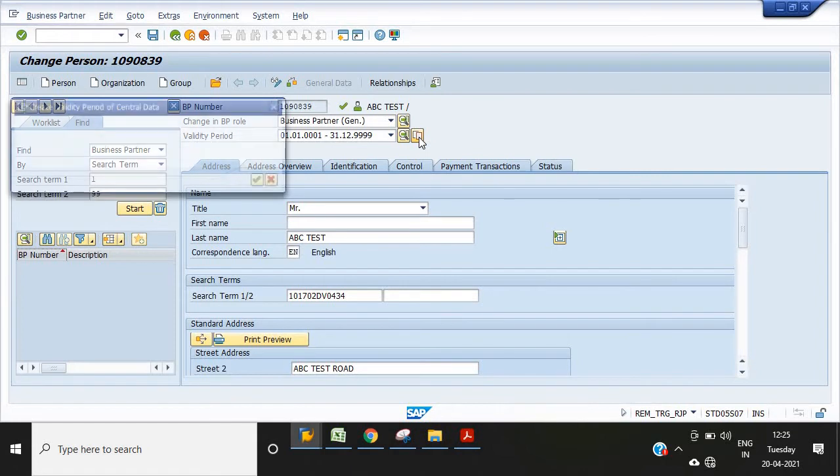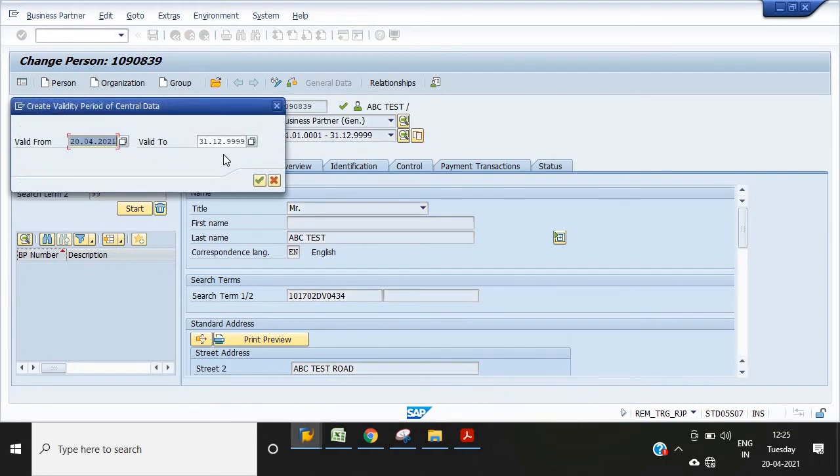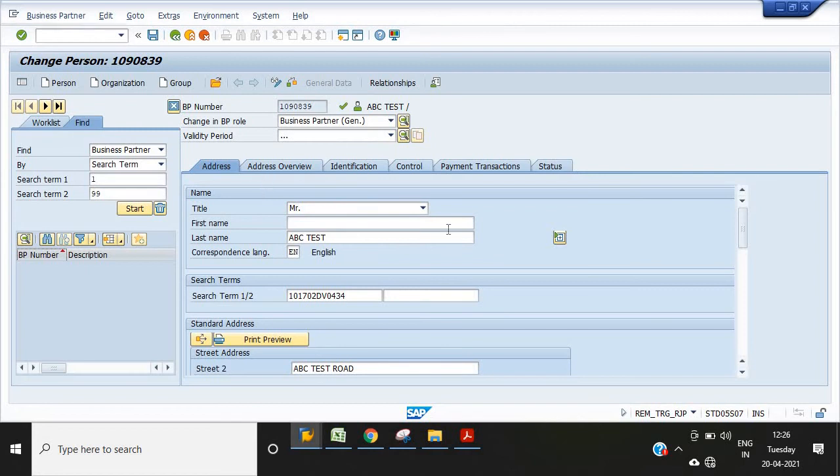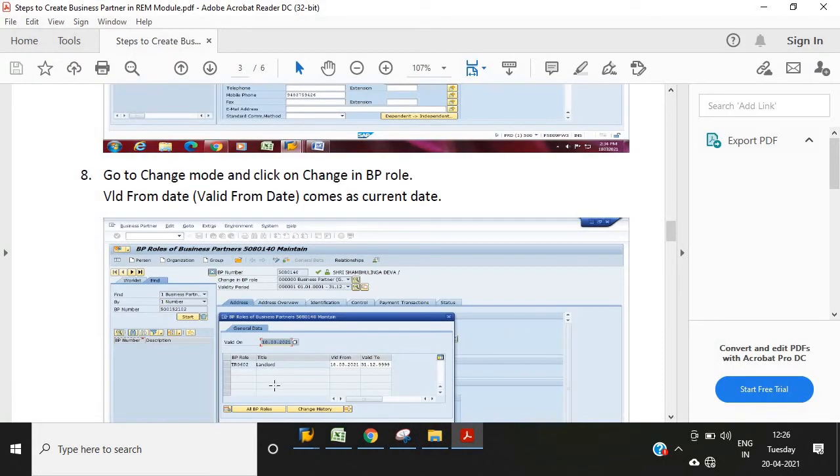So I'm going to fill the validity period. The validity is just for 1 year, up to 19/4/2020. So here I have maintained the validity period.